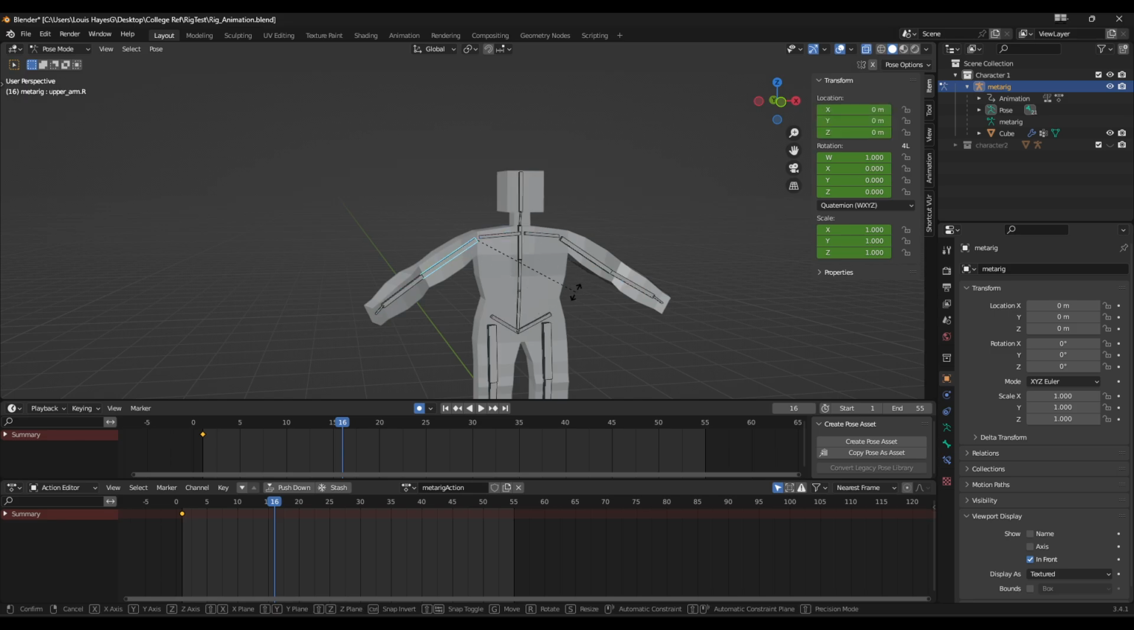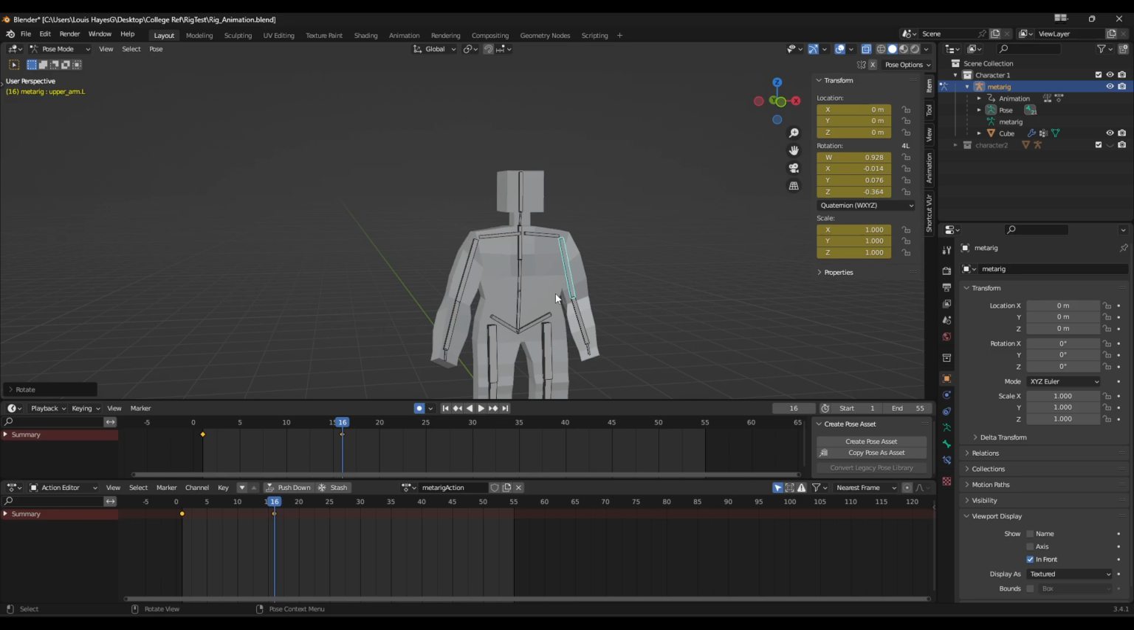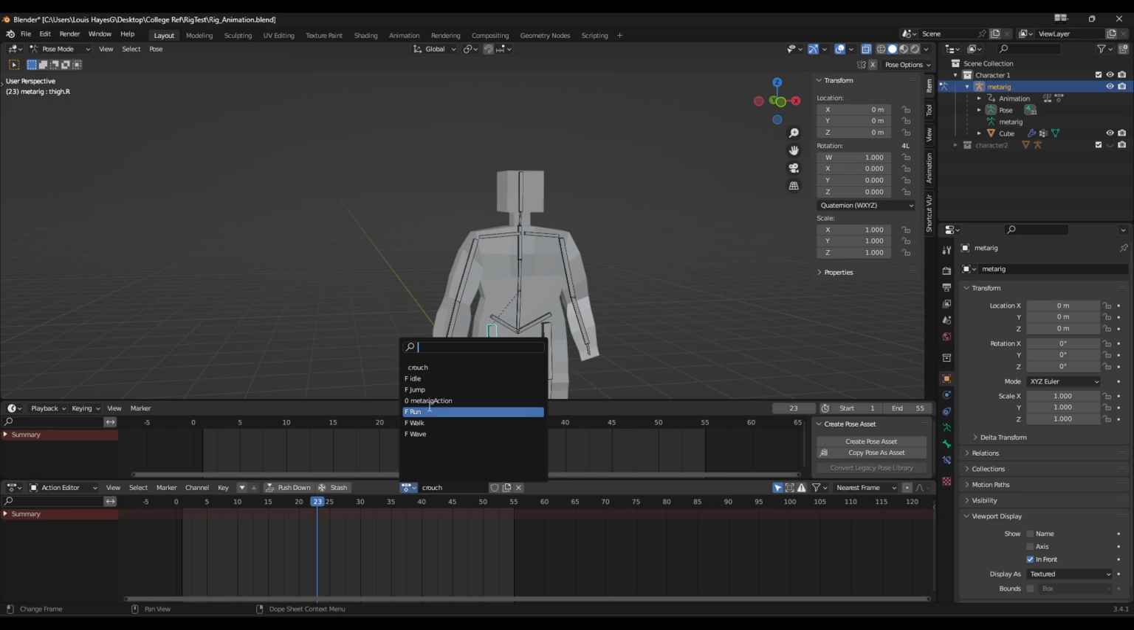Now I'm not going to make all of these animations here because it would take too much time. However, we now have our crouch would be here. And right, okay. So you've made a bunch of actions in here and you've made sure to hit the fake user,